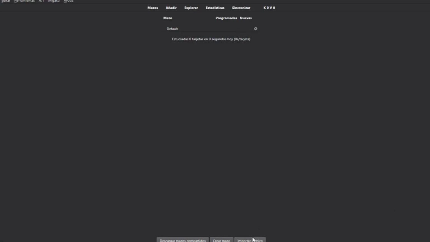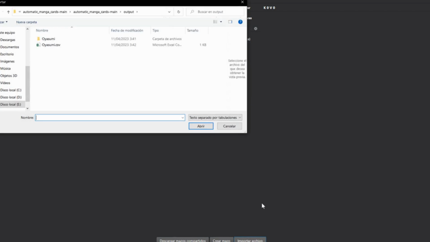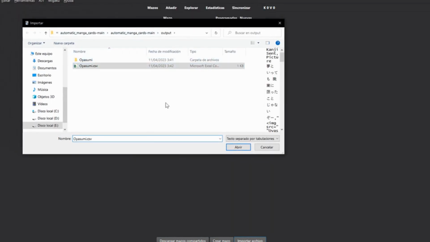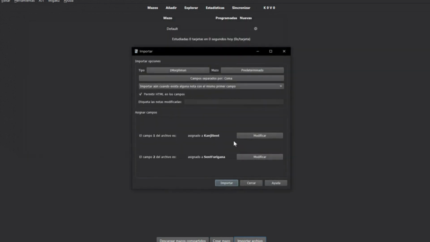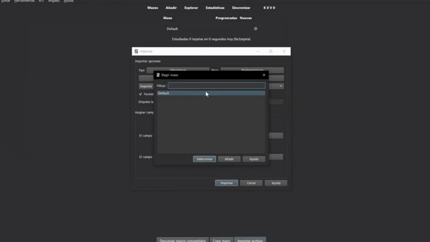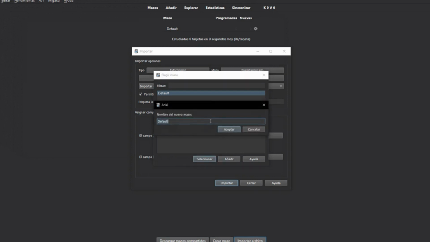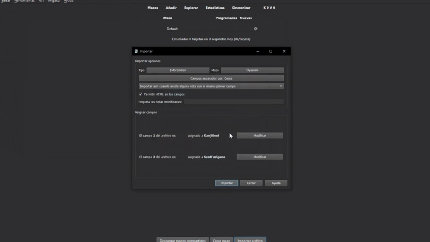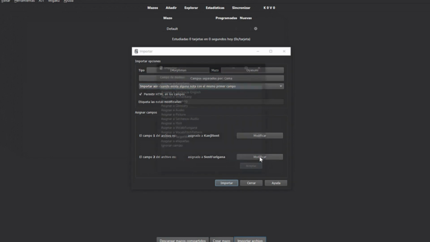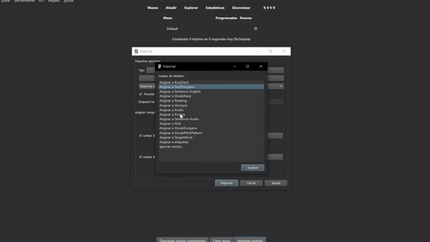As for the deck, we click on Import and select the CSV file. We can then create a new deck with the name of the manga if we want. It is important that we check the HTML cell and the cards to be repeated. We also choose our preferred